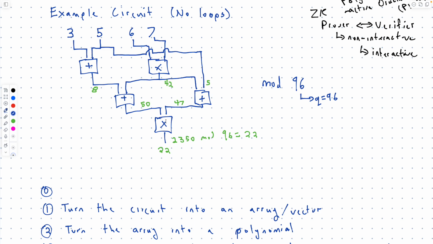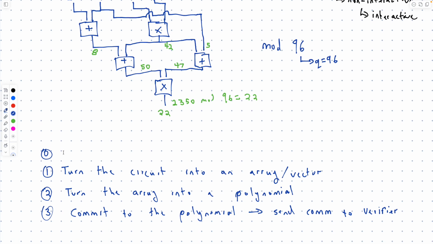Okay? So what the prover's doing is they're just proving the stuff in green to a verifier that already knows the circuit, so they know where there's add gates and multiplication gates and how everything is wired up. And the verifier also knows the set of inputs that are public. All right? Okay, so verifier